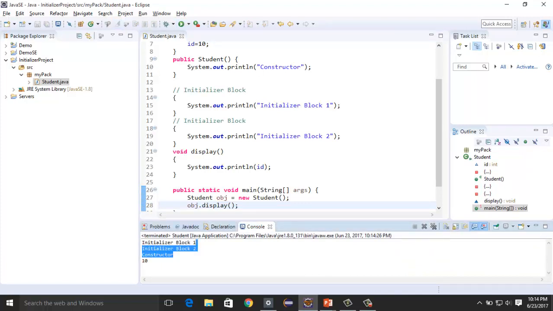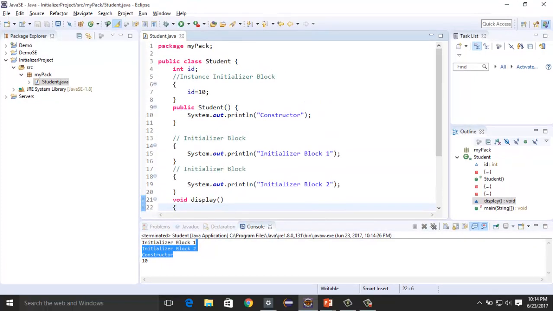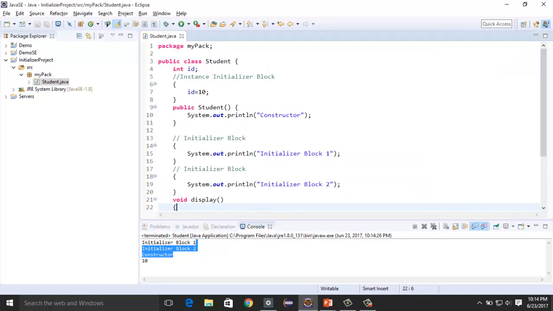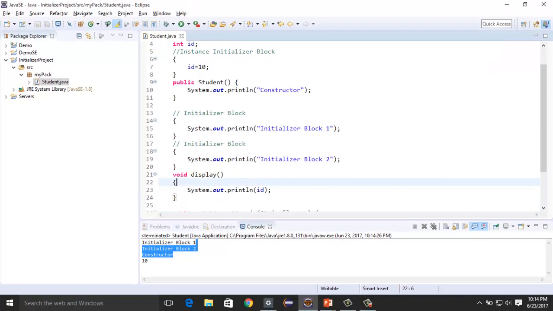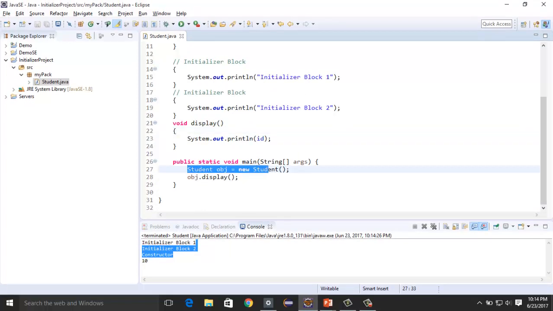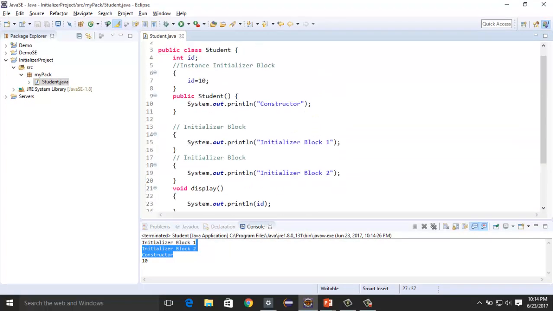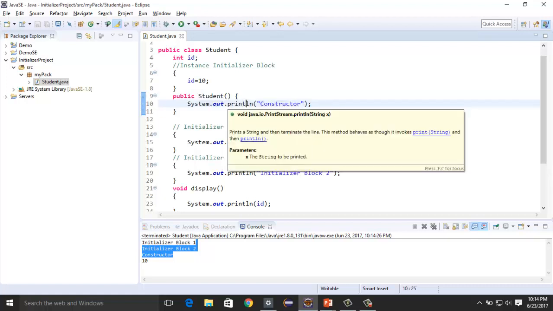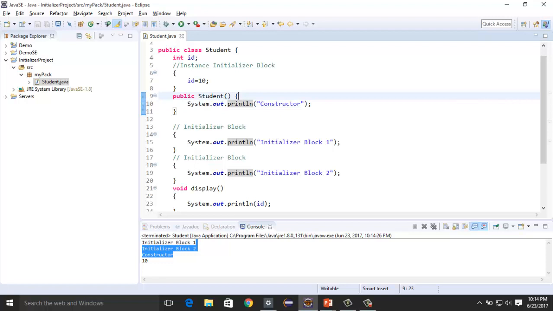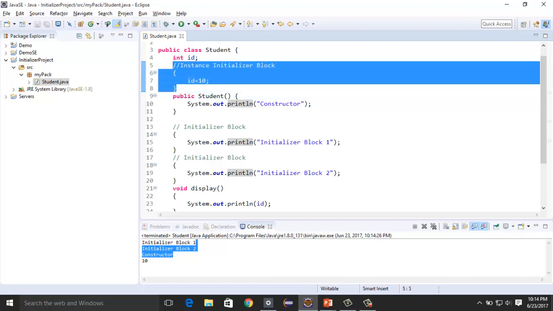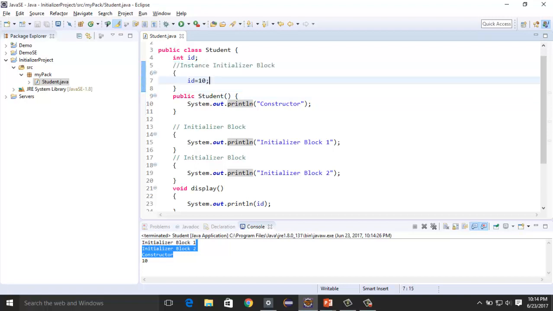So let's understand the execution of this program. First this object gets invoked, and it calls our current class constructor. So in our constructor, parent class constructor gets called, and after that all the initializer blocks. So here the very first initializer block is assigning a value to the id variable.